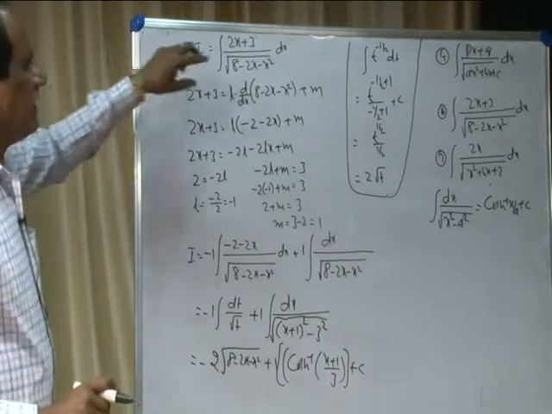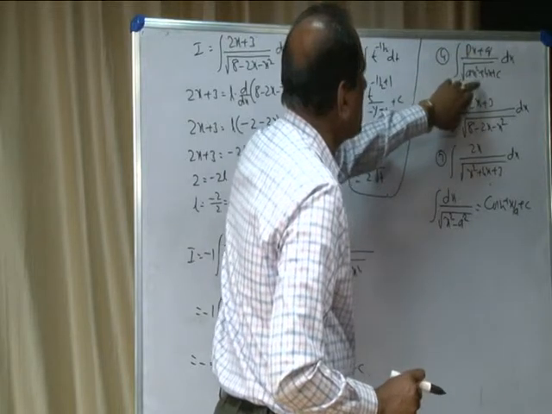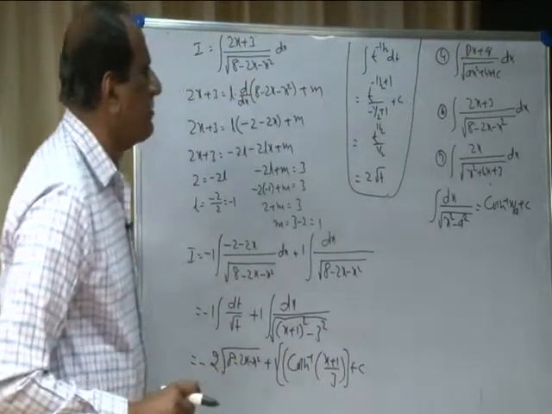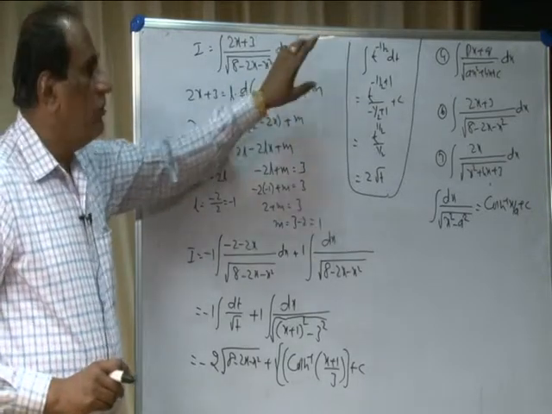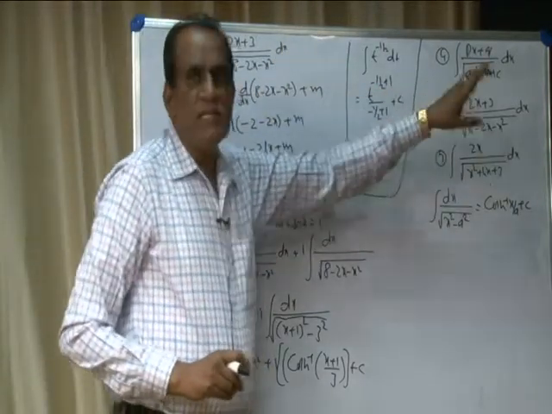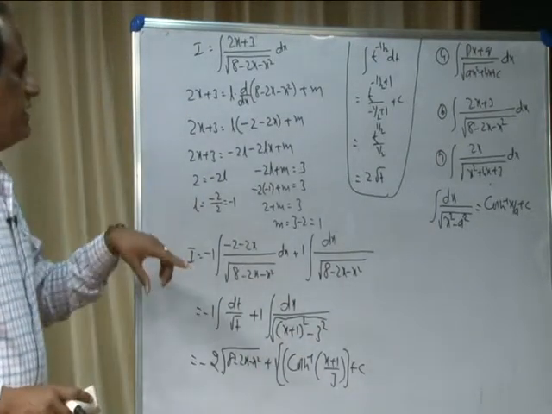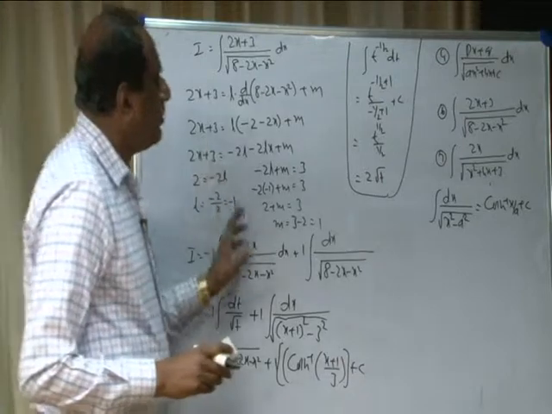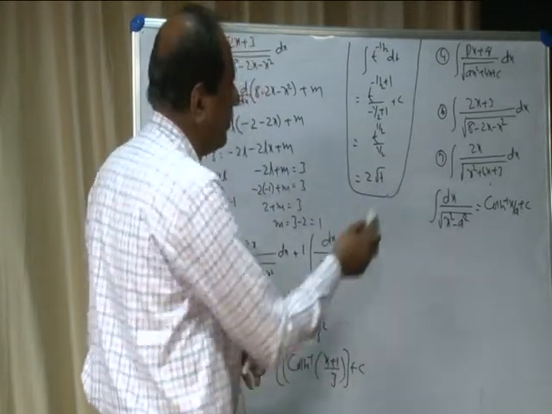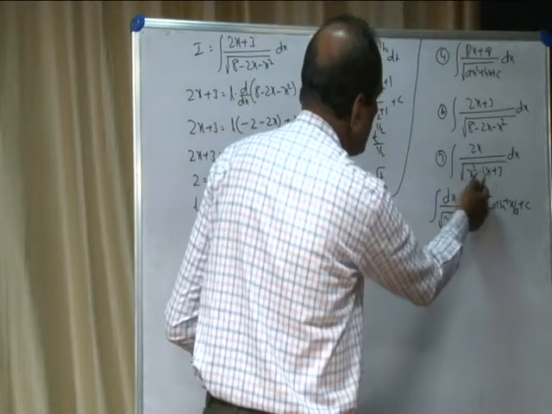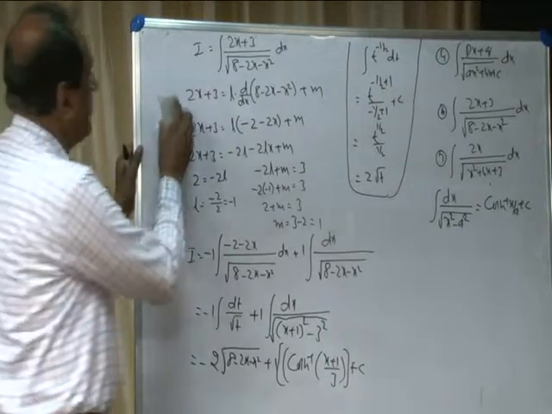If the integral is of the form integration px plus q dx divided by root of ax square plus bx plus c, it is the same thing I explained in the third case. The only difference is there is a root sign in the denominator. In the previous type there is no root sign, here the root sign is there. So, I will explain one more problem of the same type, that is 2x by root of x square plus 4x plus 3.